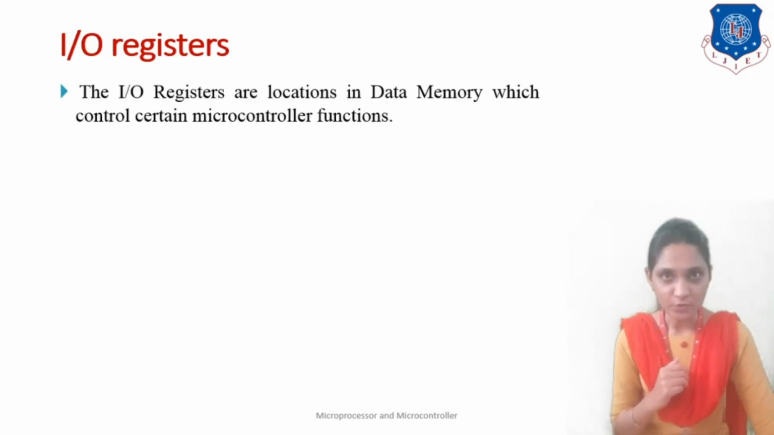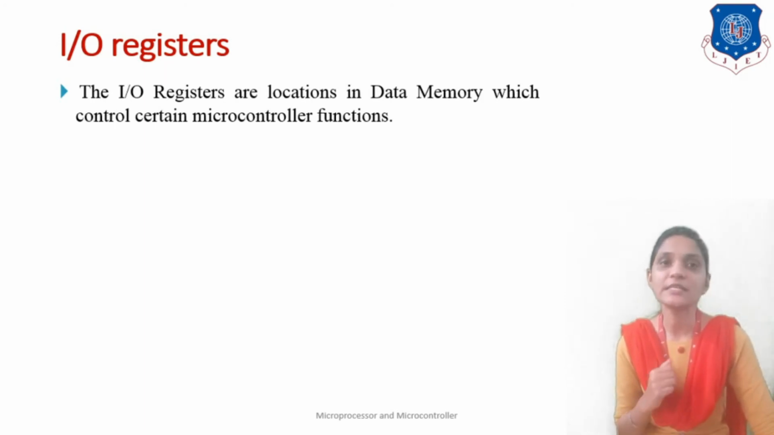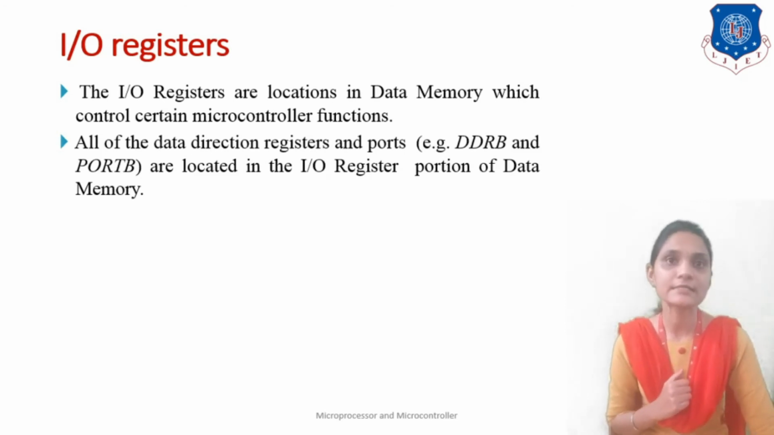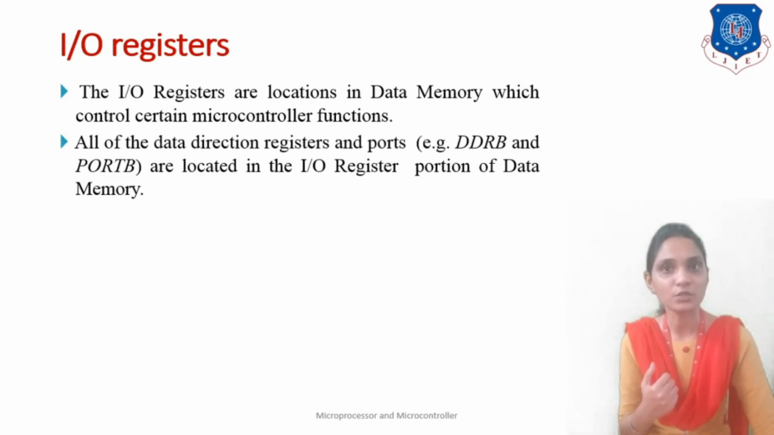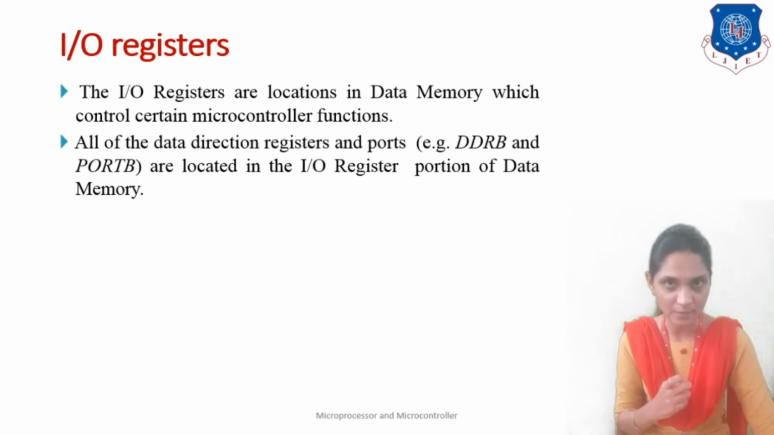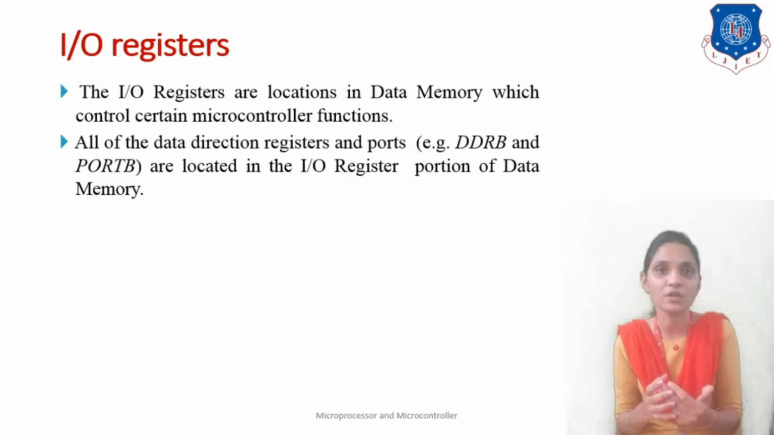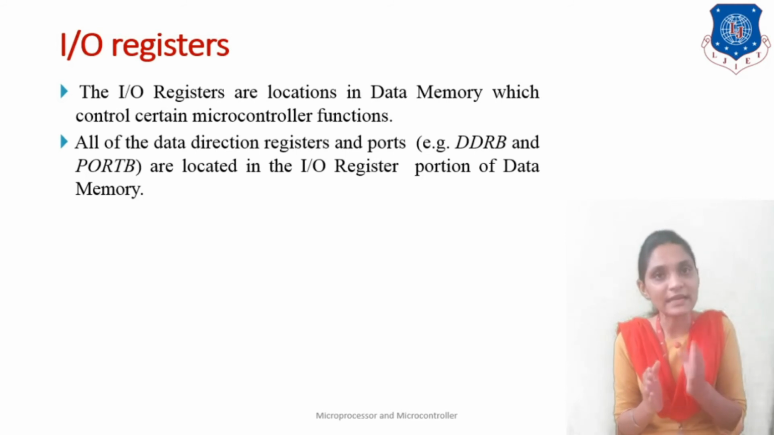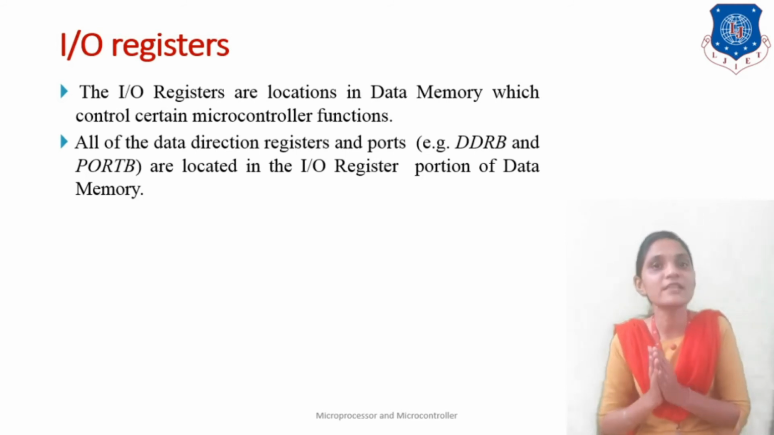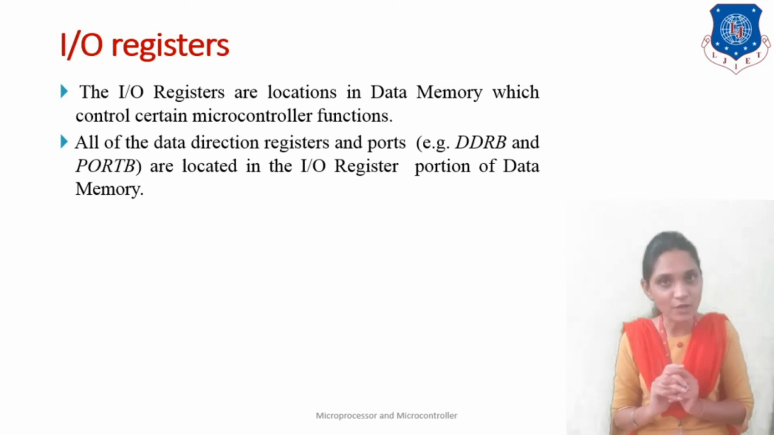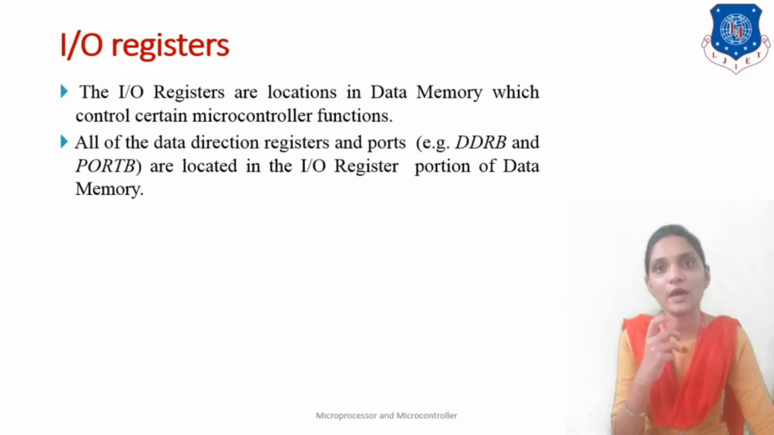Next we will see the I/O registers. The I/O registers are the locations in data memory which control certain microcontroller functions. All of the data direction registers and ports like DDRB or port B are located in the I/O register portion of the memory. Whenever we say ports, you have stored the data into that port, but that port needs to be stored inside the controller, and that is stored in some registers known as port B register, port C register, port A register, and so on. Those are known as the I/O registers, where you store your data while doing the I/O